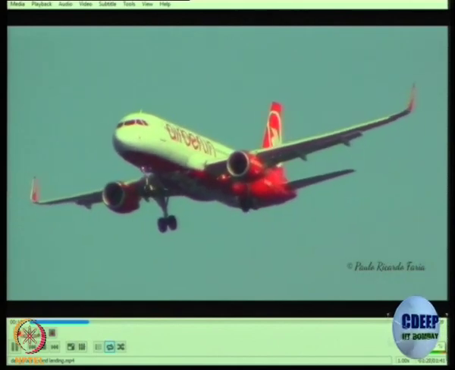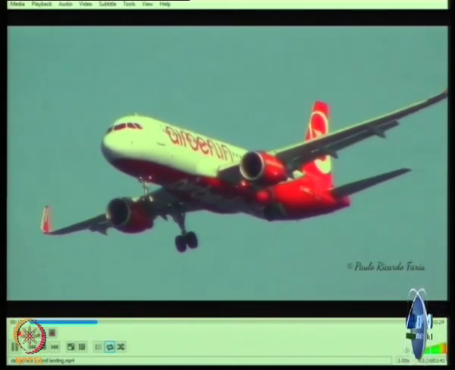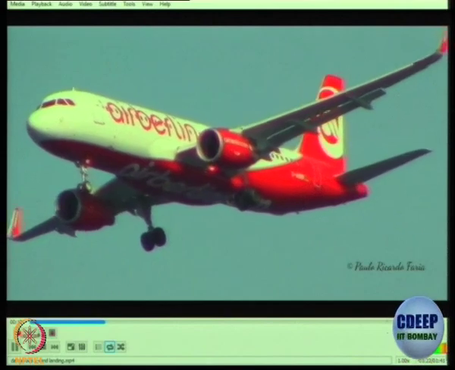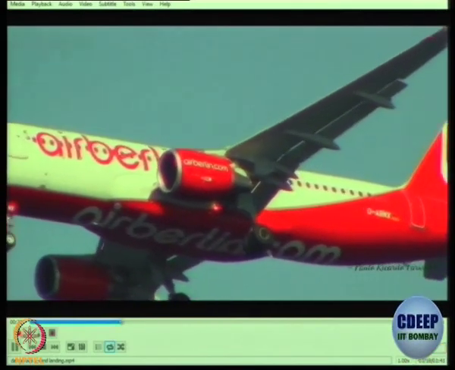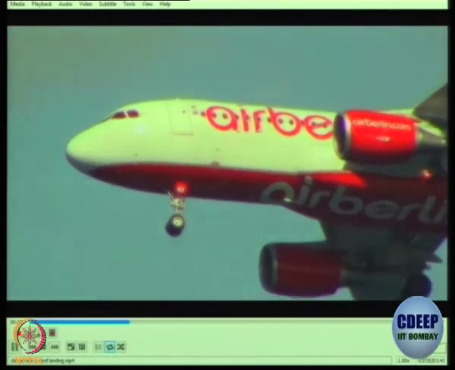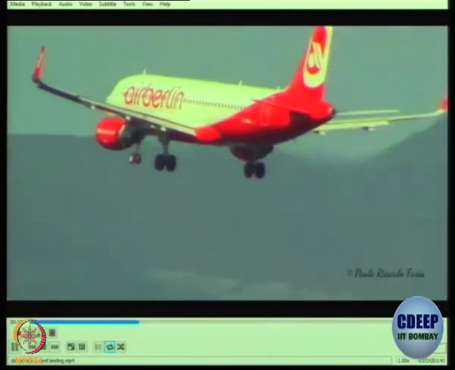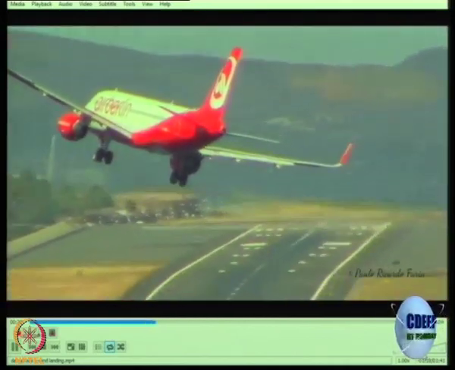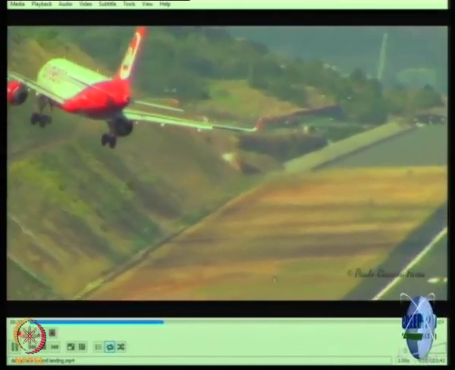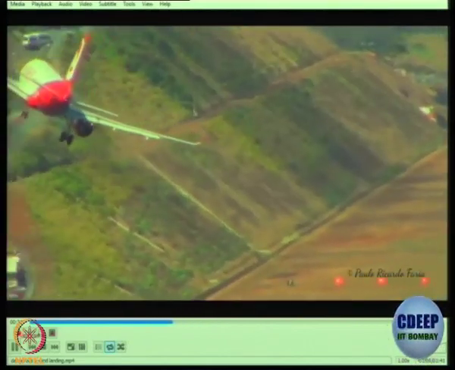Coming into land, audio is not needed because there is nothing. You just see it's coming into land. It has crossed the runway and now it is turning.